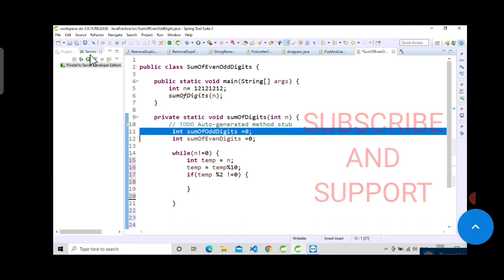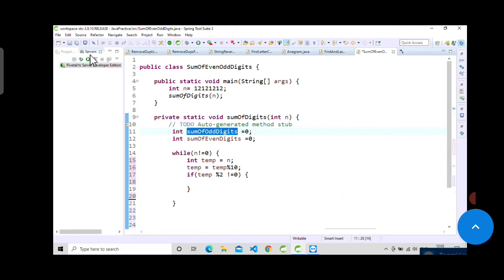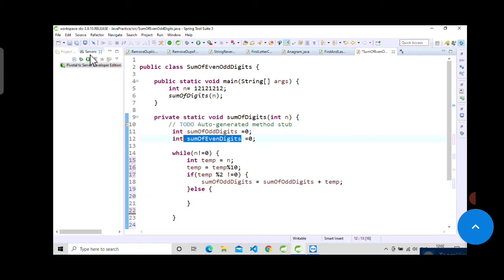Just copy this and add this temp value to the sum of odd digit. And else, if temp mod 2 is equal to 0, then we will sum that up in the sum of even digit.